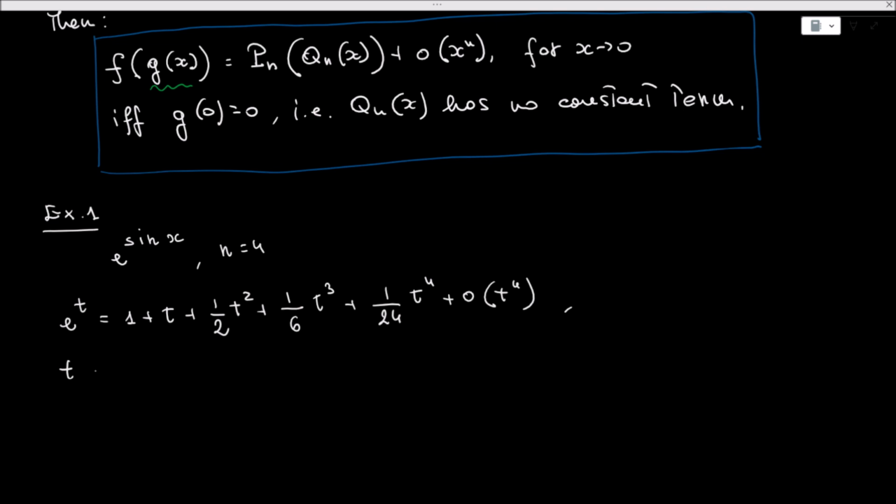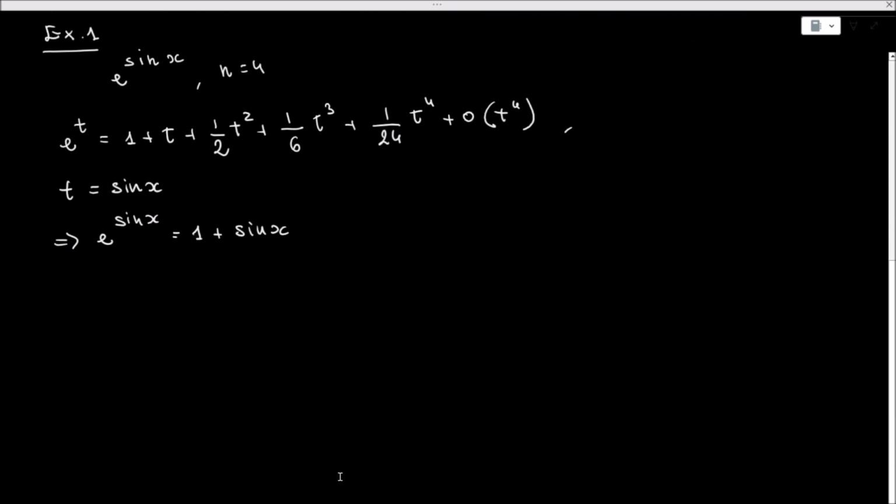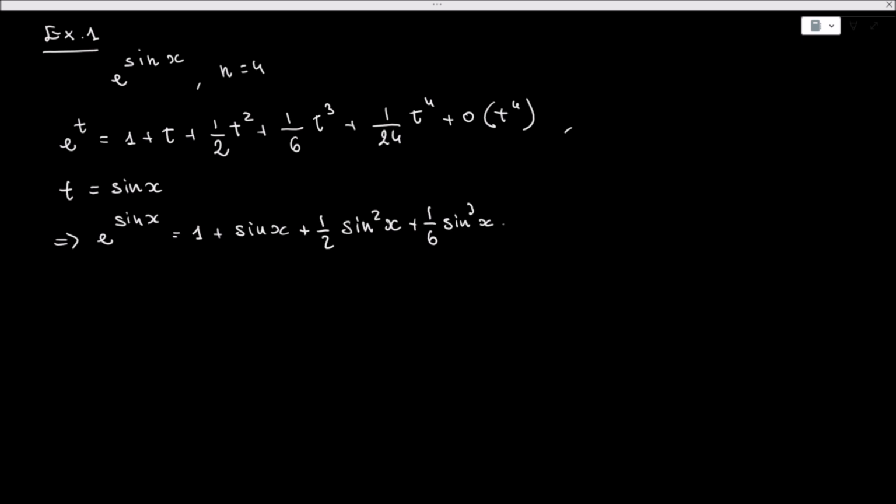Now we need to replace t with sine of x, right? So we need to set t equal to sine of x, and this gives e raised to the sine of x equal to 1 plus sine of x plus 1/2 sine squared of x plus 1/6 sine cube of x plus 1 over 24 sine fourth of x plus little o of sine fourth of x. All right,